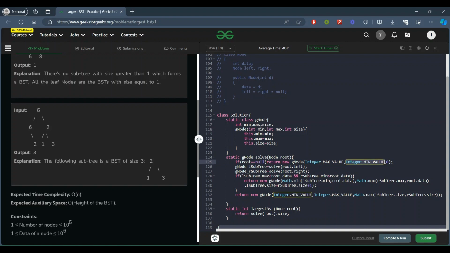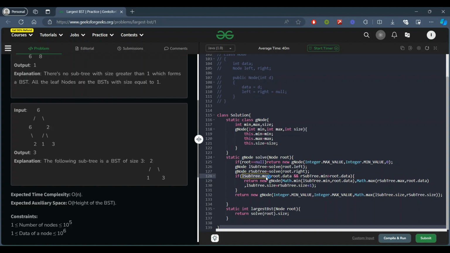So in the case of leaf nodes or null children, we will have the max as min value, which is less than root dot data.